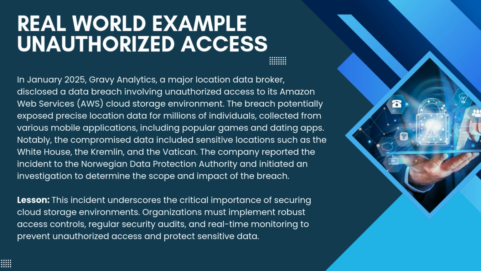In early 2025, Gravy Analytics, a company that collects and sells location data from mobile apps, suffered a major breach when unauthorized individuals accessed sensitive location data stored on AWS. This data included movements around highly secure locations like the White House and the Vatican, raising serious national security and privacy concerns. The breach likely stemmed from poorly secured access controls, underscoring how vital it is to regularly audit and